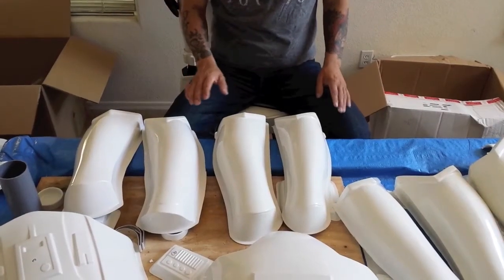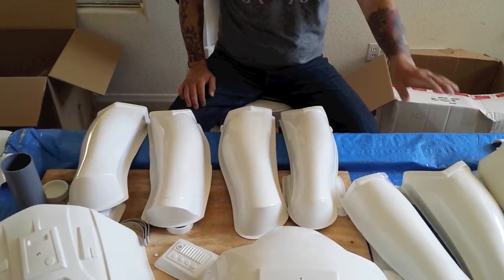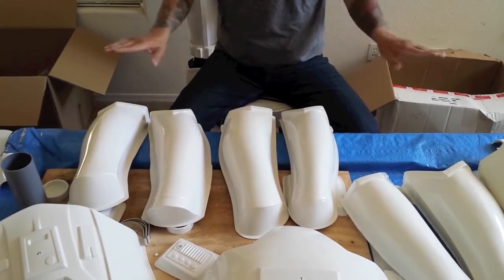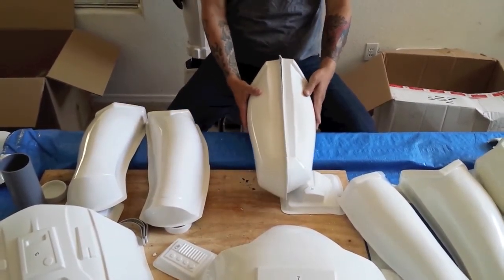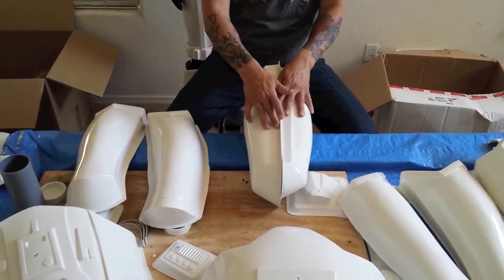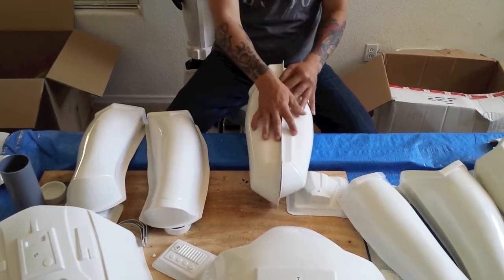Alright, so one thing we did notice about the Anovos and the RS is the legs are completely different. Their shins are not even close. One thing I noticed, it's very hard when I put together ATA, Affordable Trooper Armor,